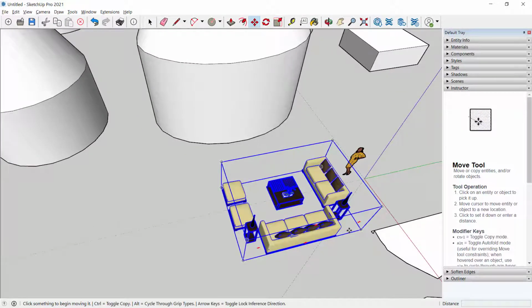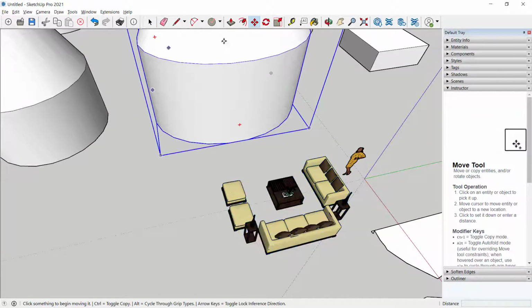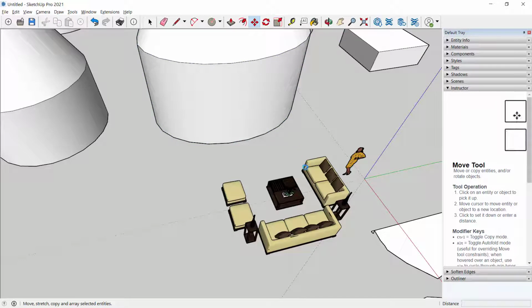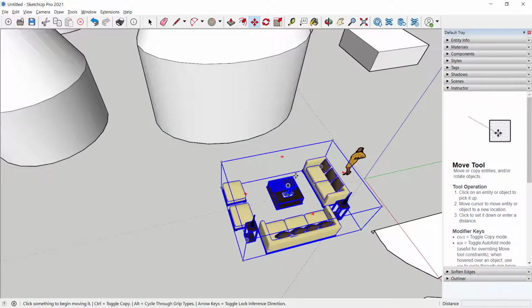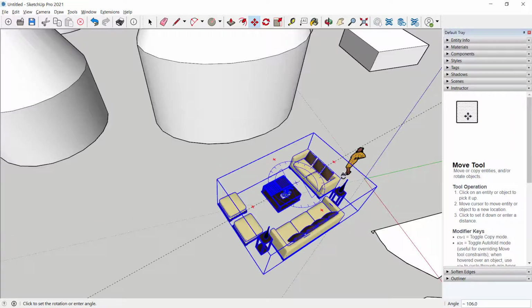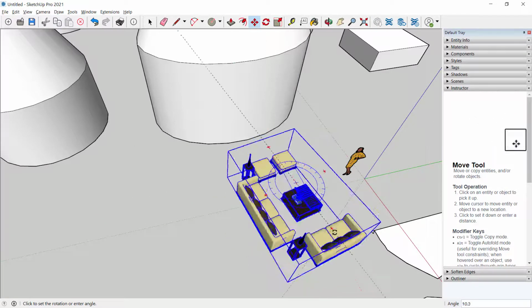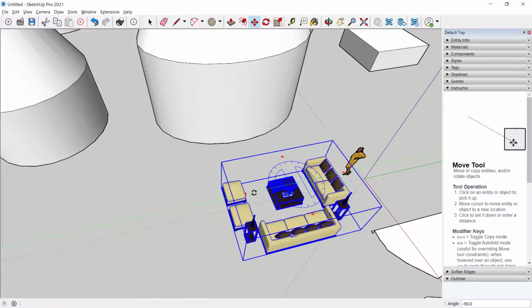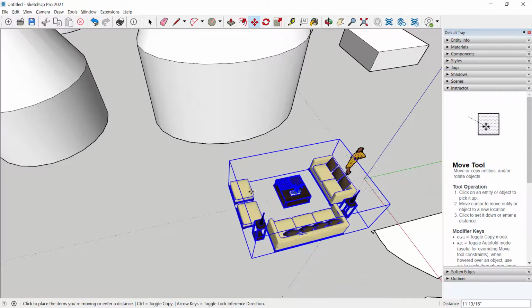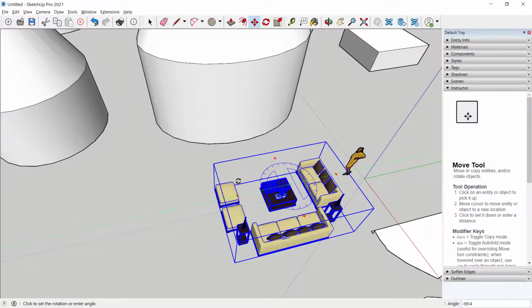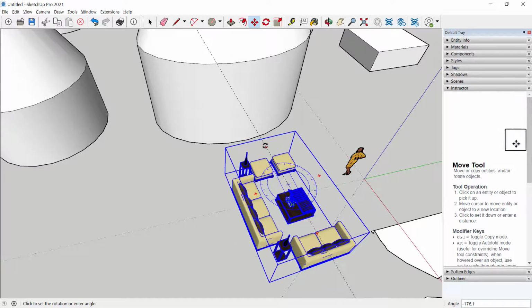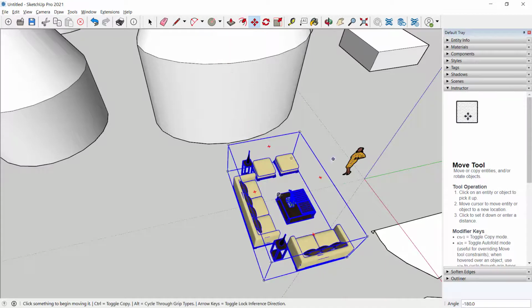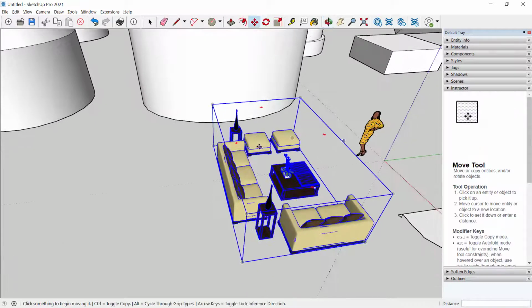And any component, or group for that matter, if you have it selected and you've activated the move command, well, you can move it, but you can also use these rotational grips up here. I'm just going to click and drag on that, and you can see how the cursor actually wants to kind of snap to 90 degrees. You can do other dimensions as well, but that's a great way if you're laying out something like furniture or